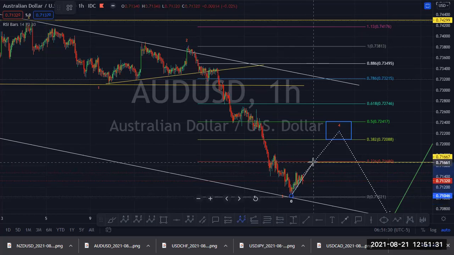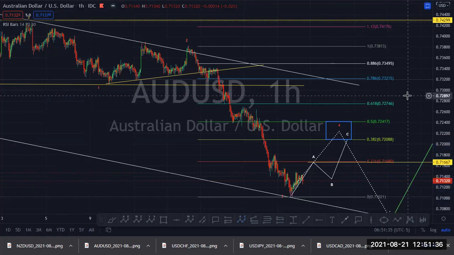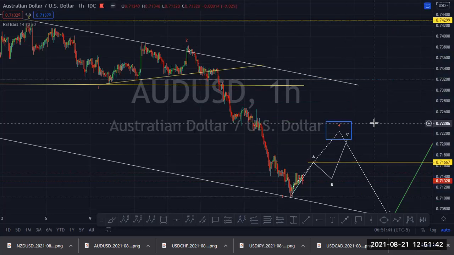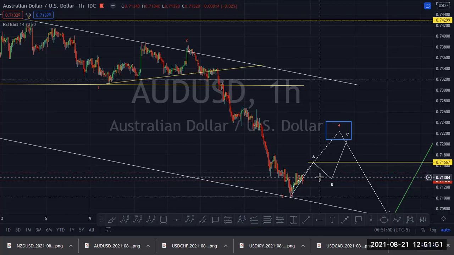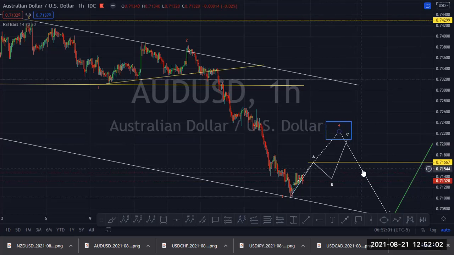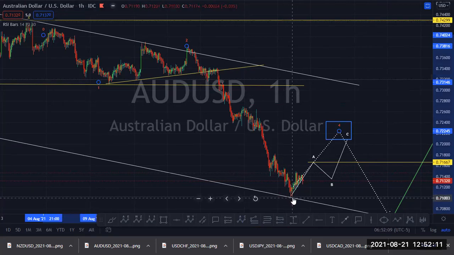We do A, B, C before dropping. I always like to trade when I see a normal structure. The reason is, you may see it keep dropping to this level and think that the move is over. Then you may decide on an expanding or running or irregular flat. So if you get a normal move, then I will sell. If I don't get a normal move, I'll be watching it and preparing for a buy. So I don't risk unnecessarily, and I advise you not to do that as well.